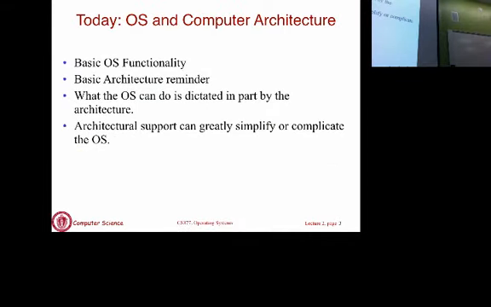What we will do today is look very quickly at OS functionalities, essentially a recap of what we had already looked at last time. And for the rest of the class, I'm going to do a quick refresher on computer architecture concepts, everything you should know in order to understand and appreciate what operating systems do. Some or most of those concepts would have been covered in 230, I presume. I don't know that every single detail has been covered, but a lot of those concepts should have been covered. And if not, this is where you will learn what they are. The textbook has an entire chapter on the same material.